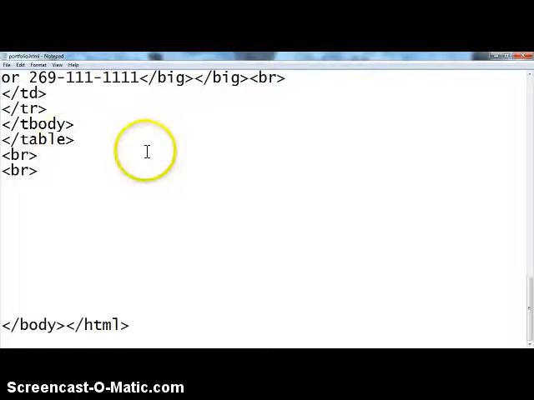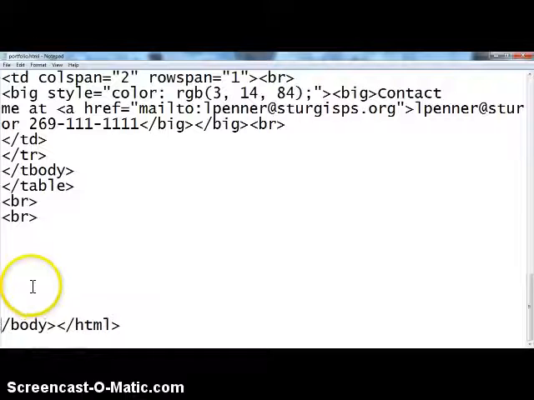Should be a closing table tag. And then, I'm not sure if you have breaks in there or not, but then you should see somewhere in there a closing body tag also. Yes or no? Okay, so go underneath your closing table tag, and I'm going to have you type in